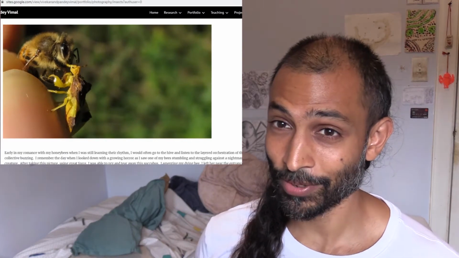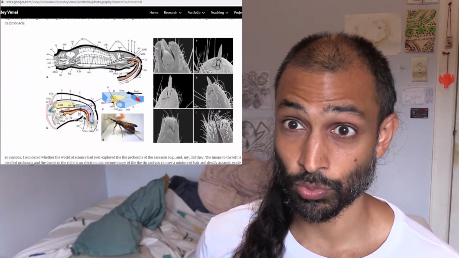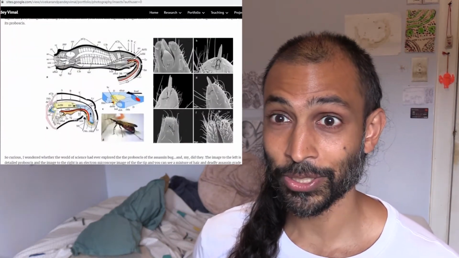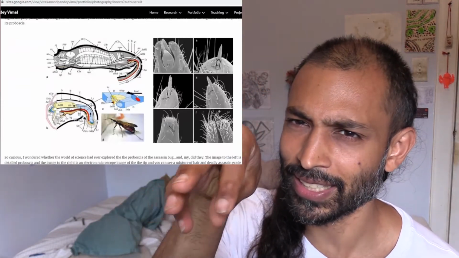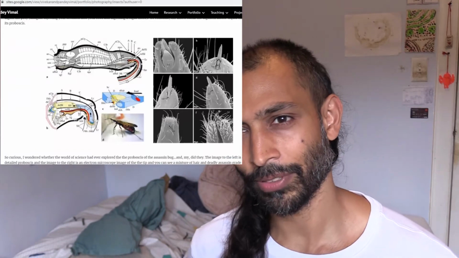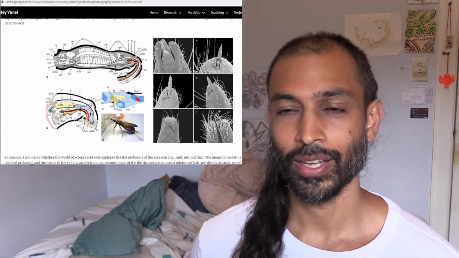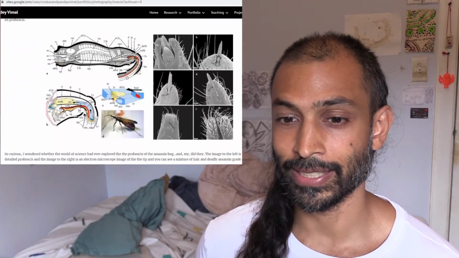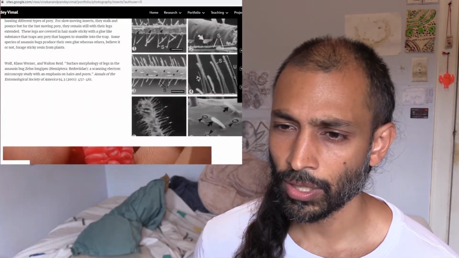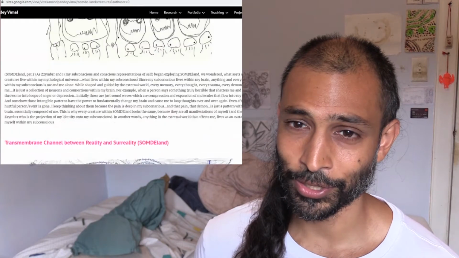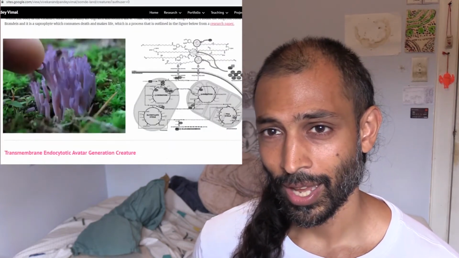But what you can't get from Wikipedia is this really interesting electron microscope view of the proboscis of this insect. So I just love finding insects in my backyard and then doing literature search and finding detailed stuff that I can't get anywhere else. I also do a lot of artwork for my mythological universe that explores how